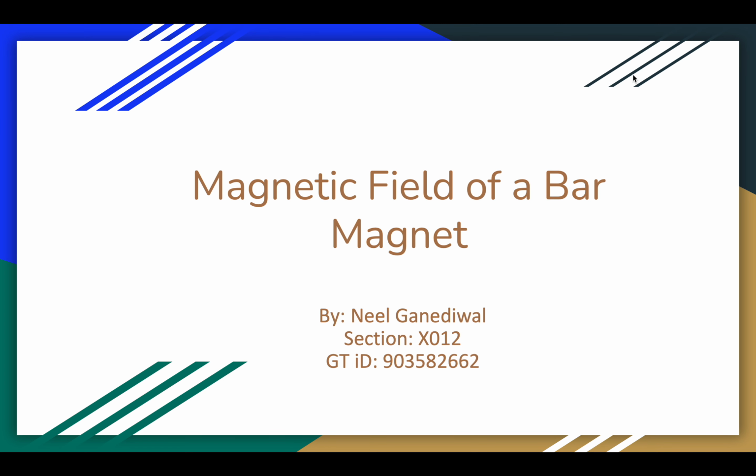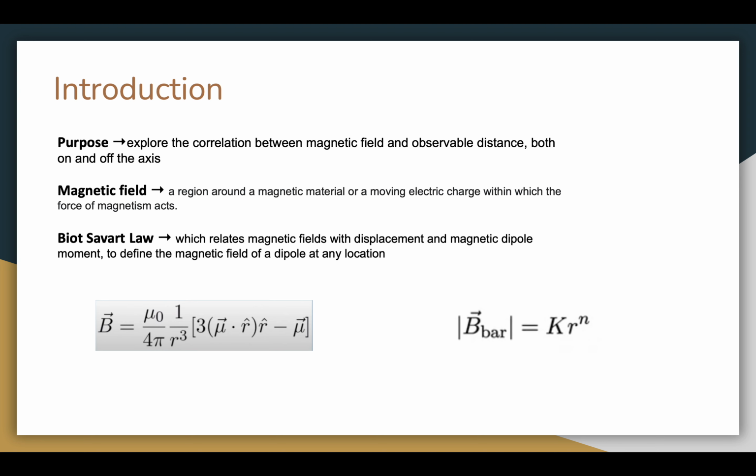Neil Gonadiwal, and this is my lab report on the magnetic field of a bar magnet. The purpose of this lab is to explore the correlation between magnetic fields and observable distance, both on and off the axis. We will do so by understanding the Biot-Savart law, which relates magnetic fields with displacement and magnetic dipole moments to define the magnetic field of a dipole at any location, and we'll use this to model magnetic fields